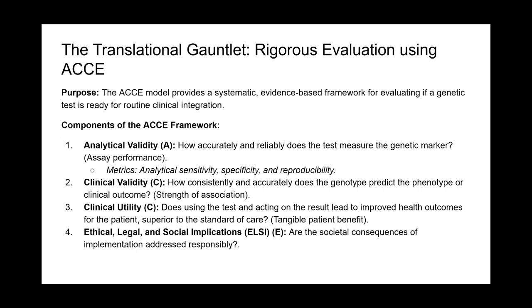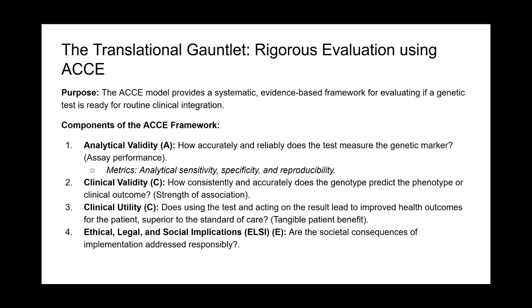The third component, clinical utility, is often the most challenging to establish, but is crucial. It moves beyond mere prediction to question whether using the test and acting on its results actually lead to improved health outcomes for patients. Demonstrating clinical utility typically requires evidence from large, prospective, randomized controlled trials. For instance, such studies may show that genotype-guided dosing of a drug reduces adverse events or enhances efficacy compared to empirical dosing. A lack of robust clinical utility data remains a significant barrier to the widespread adoption and reimbursement of